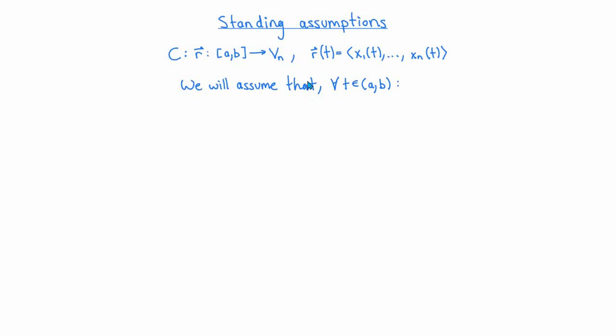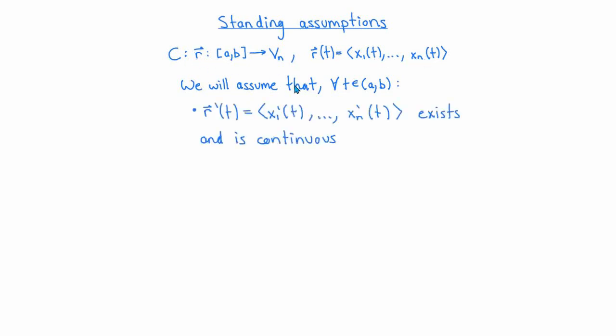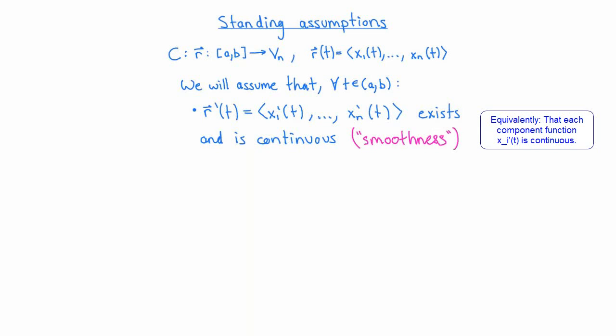There are some other blanket assumptions that we might want to go ahead and make just to avoid problems later on. Let's suppose that the component functions of our vector function r are given by x1(t) to xn(t). The first assumption that we want to make is that the derivatives of all of these component functions exist, and that the function that maps t to the vector (x1'(t), ..., xn'(t)) is a continuous function. This is an example of what people might call a smoothness assumption. It's mainly here to guarantee that the integrals that we want to write down in later videos are well defined.